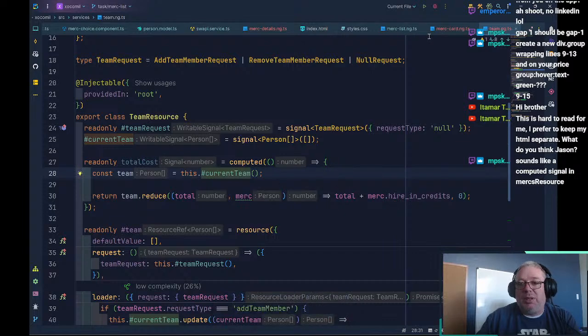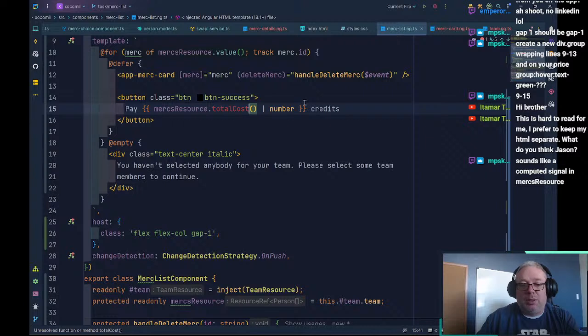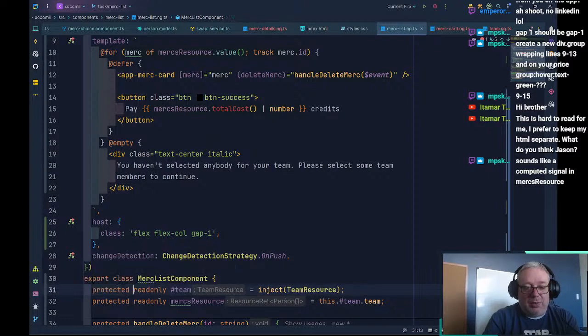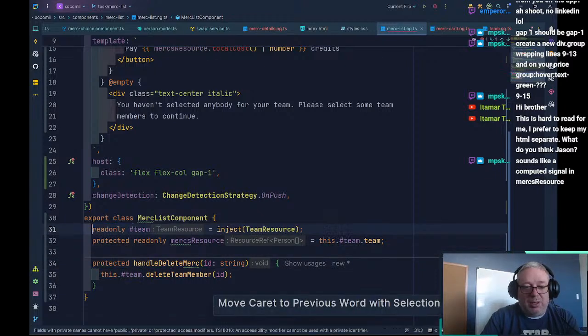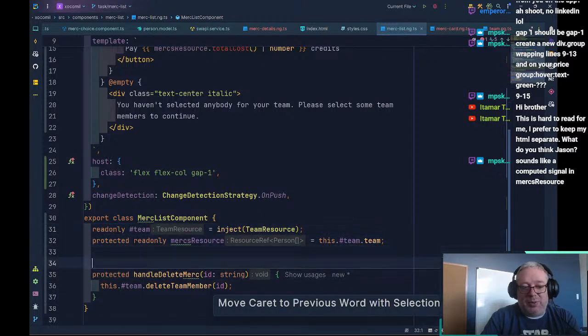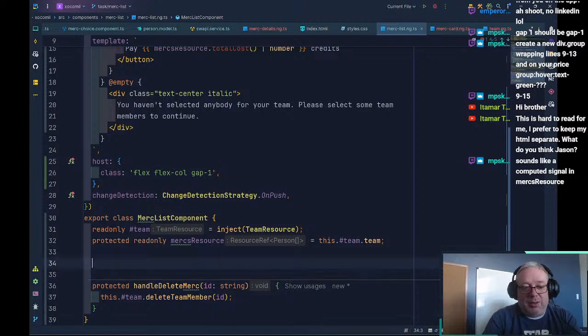I did, but it's also not the Merc's resource. I need to make my team protected now. So protected, read only, and now my team... actually, instead of making that protected, let's just go protected, read only, total cost,